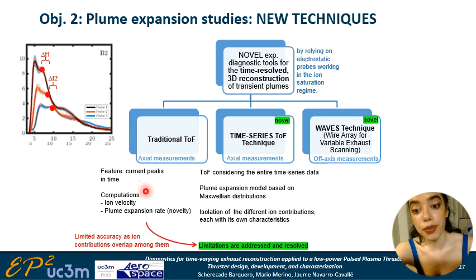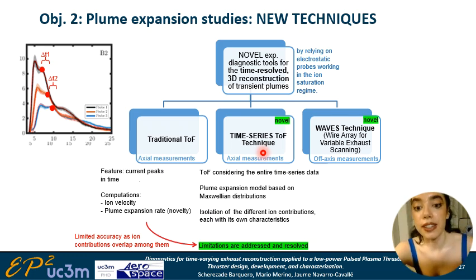though we have inferred that by the current decrease from one probe to the next one, this change in the current is not just due to the divergence, but also to the thermal spread. The thermal spread applies much more on the axial expansion of the exhaust, while the divergence applies on the lateral one. So the time series technique